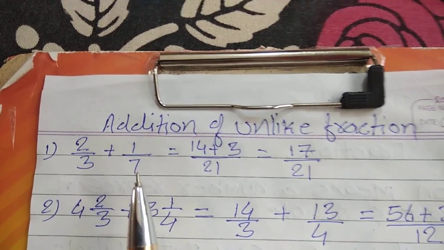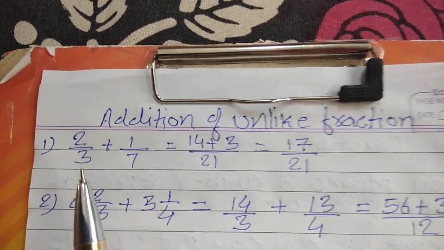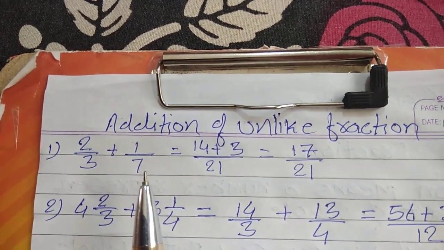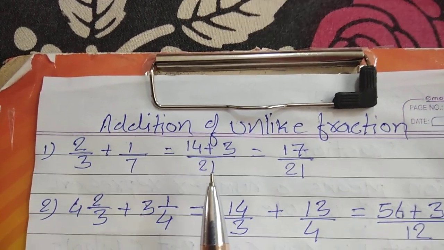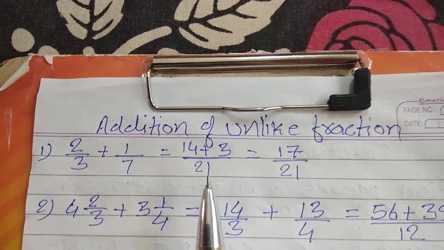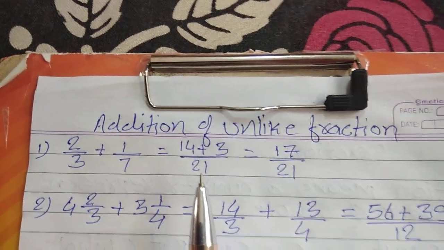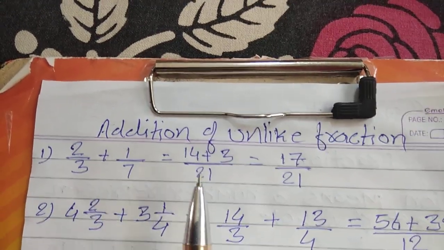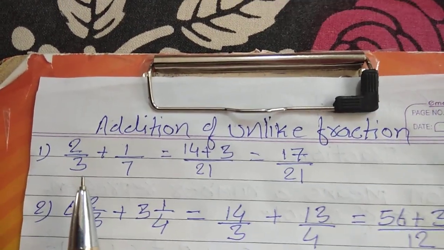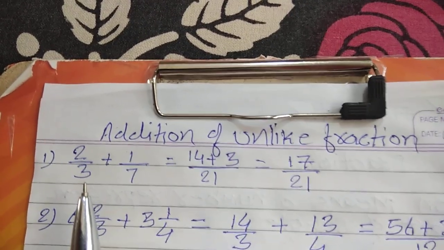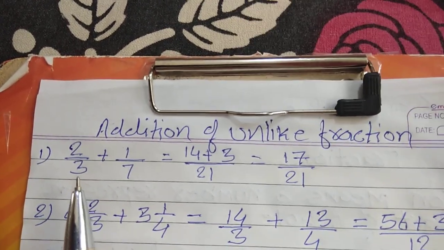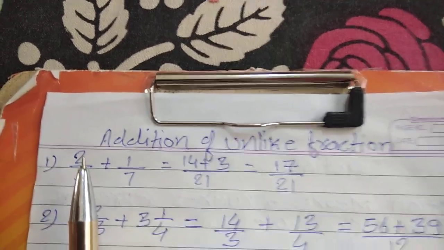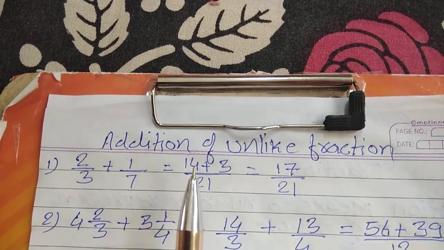So what do we have to do when there is addition of unlike fractions? For that, you have to find the LCM of both the denominators. When you find the LCM of 3 and 7, you will get the LCM 21. I have written here 21. You also write the 21 here. Whatever the LCM is, that we have to write. After writing the LCM, this 21, first you have to divide by 3. When you divide 21 by 3, you will get the answer 7. That 7, you have to multiply with this numerator. Here is 2. 7 2s are what? 14. So I have written here 14.